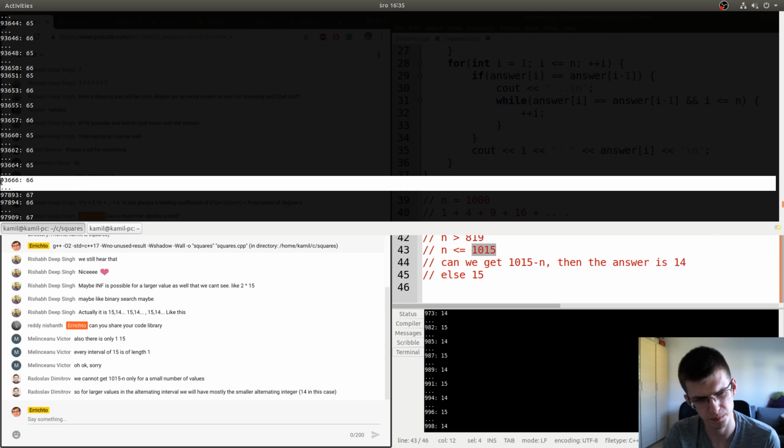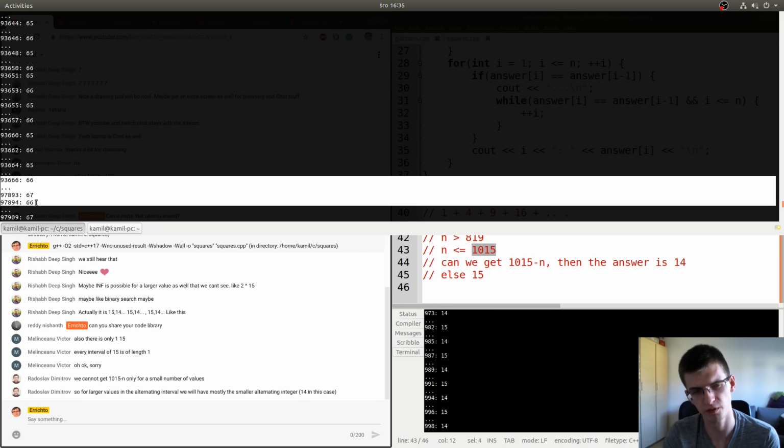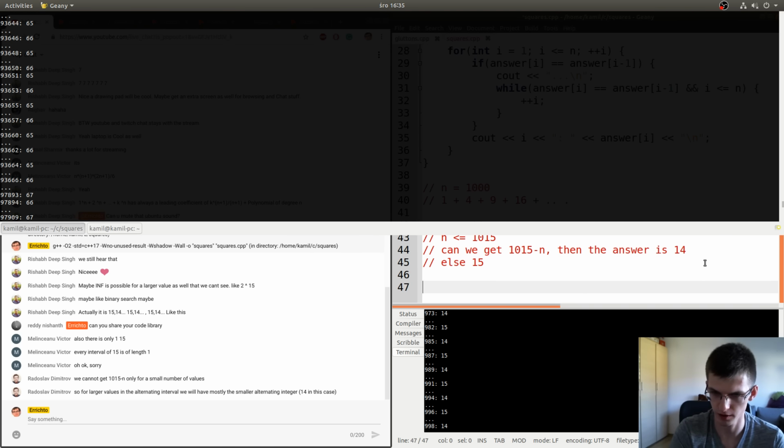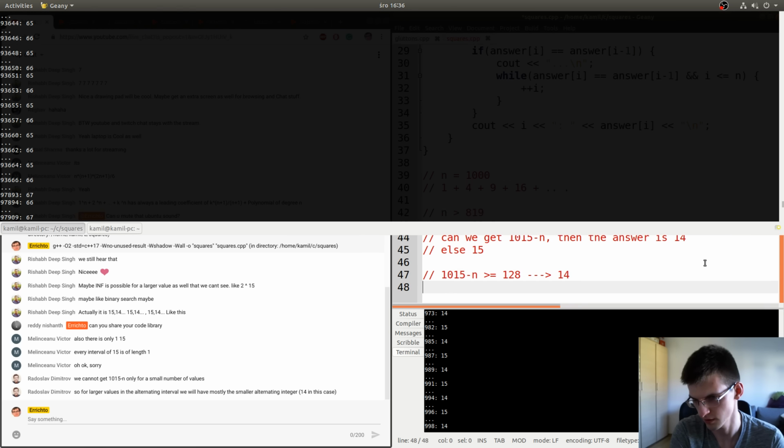But I think it's the beginning of a new interval of alternating value, so here everything bigger than 128 is possible to get. So if 1015 minus n is bigger than this, then it's 14.